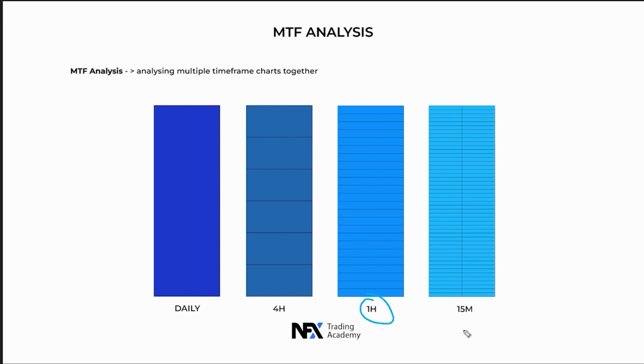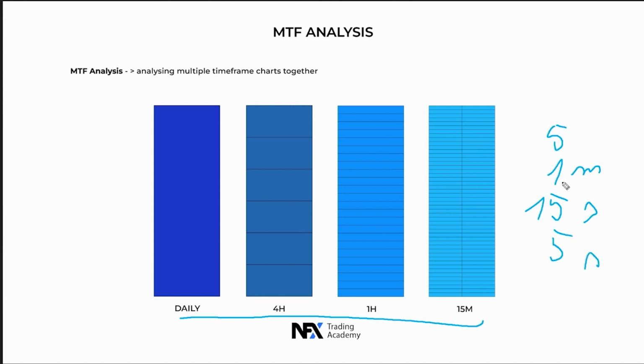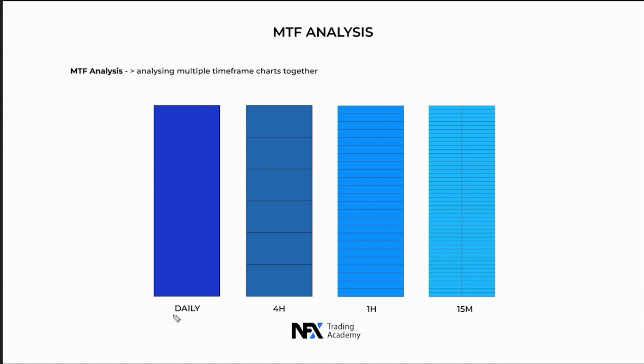The 1-hour time frame is one of the best to use in order to find entries, and the 50-minute is the one that I use the most in order to identify my valid zones and POIs where I want to take trades from. Of course, these are just the main 4 time frames, but I also go down to the 5-minute, the 1-minute, and even 15 seconds or the 5-second, depending on my entry, in order to refine and find the exact spot where price is flipping around and gives the entry, so I can have a really good risk reward. You can just trade based on the daily, 4-hour, and take entries on the 50-minute.